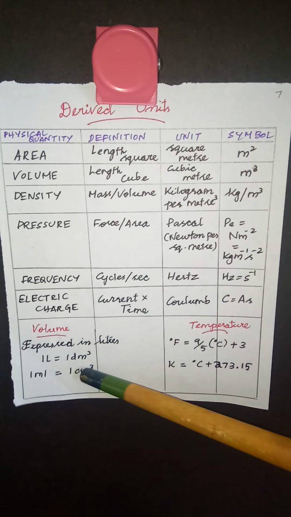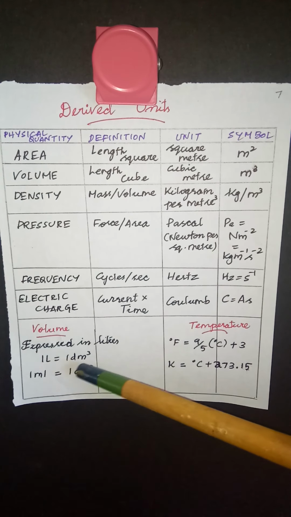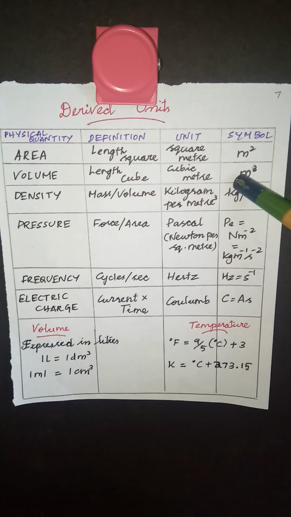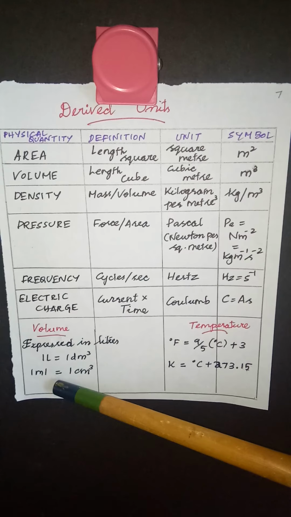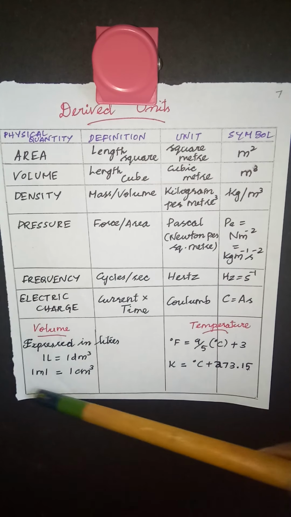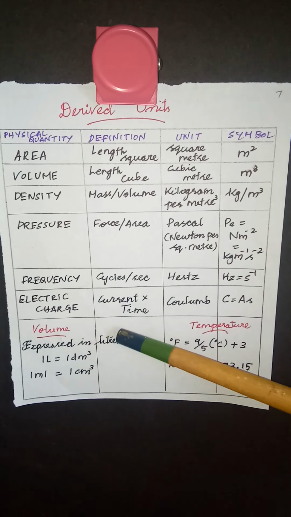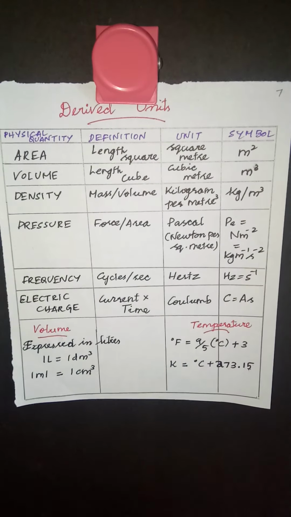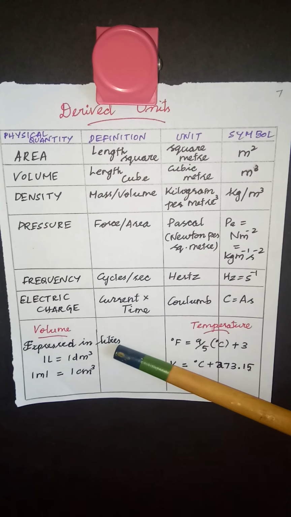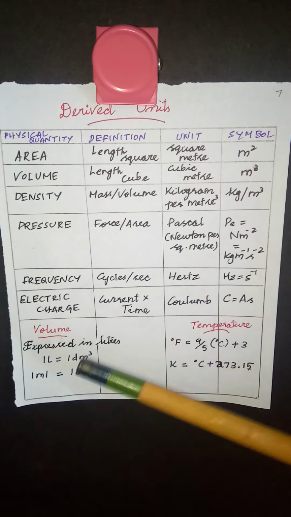So you should have an understanding the connection between this and this. 1 liter is nothing but 1 decimeter cube. 1 liter is 1 decimeter cube. You know meter and decimeter, same like you have meter cube and decimeter cube. Same way 1 ml is equal to 1 centimeter cube. Please learn these conversions, because we usually use these units other than the SI units. So when we use other units, you should know the equivalence of these units in SI units also.